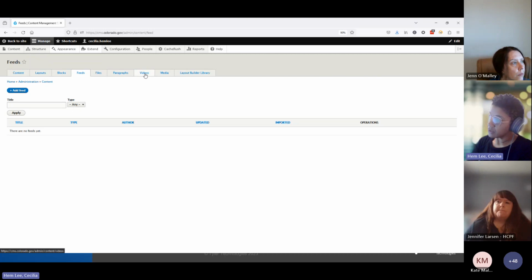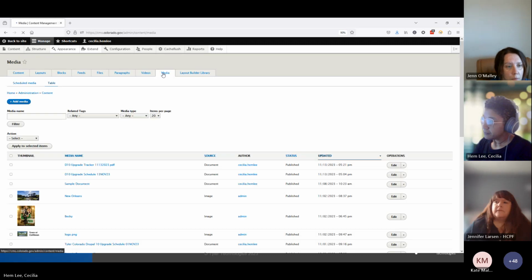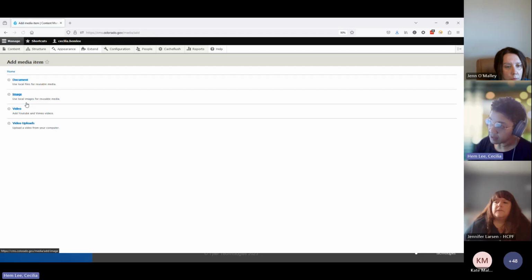So as I go across, you will see that we have a repository for videos. For videos, we recommend that you use an open embed and bring in the content as an iframe. So I do not have any videos because I have never leveraged videos for this particular website. And then here we have media. And in the media, this is where you can add all of your documents, which will be your accessible PDFs. And if you have questions about accessibility and making sure that your PDFs are accessible, we can sidebar and have that conversation. The Colorado Office of Information Technology has a ton of different resources about accessibility for documents and images,